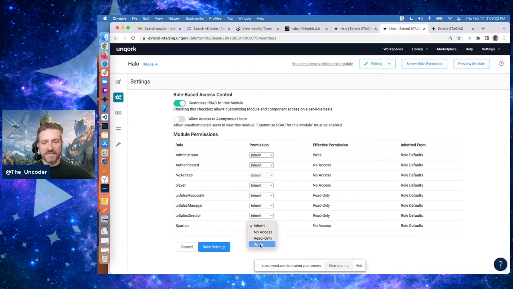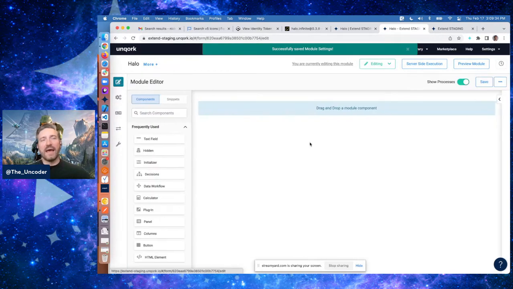So I'm just going to change this to write access because we're going to want them to be able to pull this module up, enter data, and do everything really that you can imagine what's inside the module. So we're going to hit here and we're going to hit write. Great. And now we've got access to this module for our Spartan role,